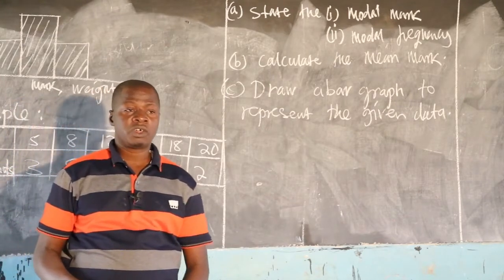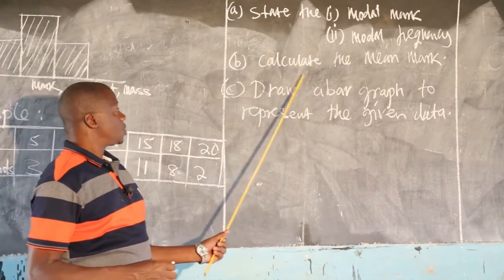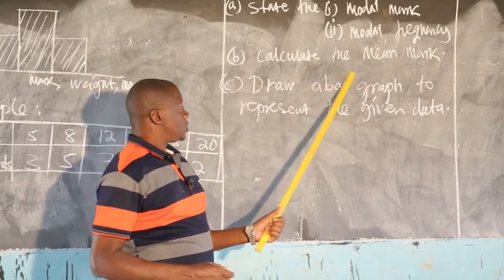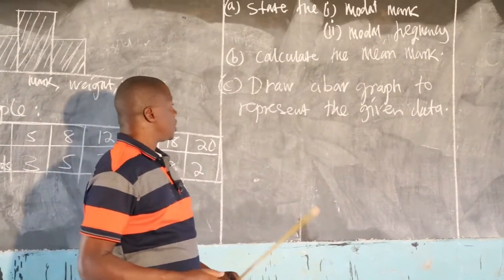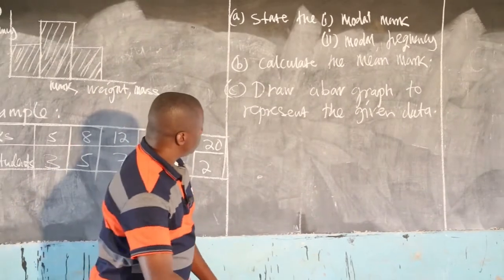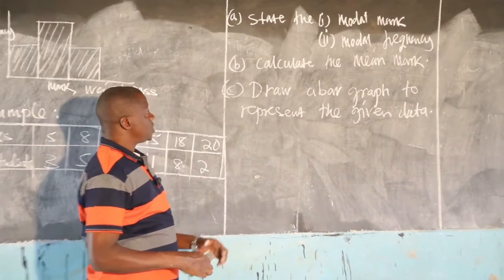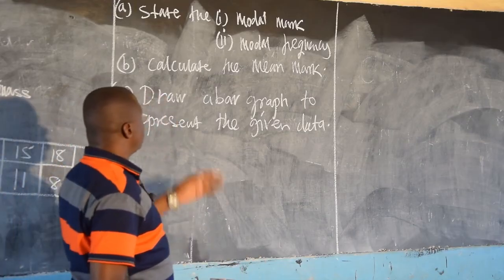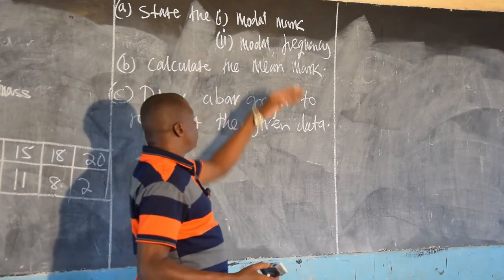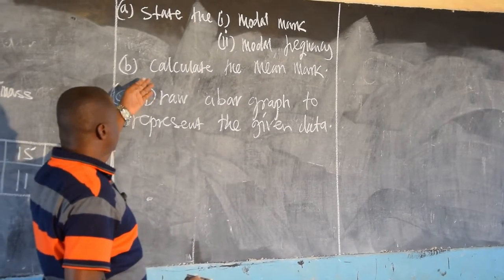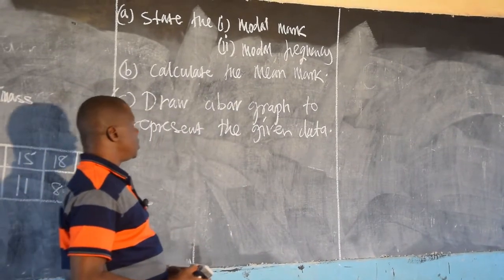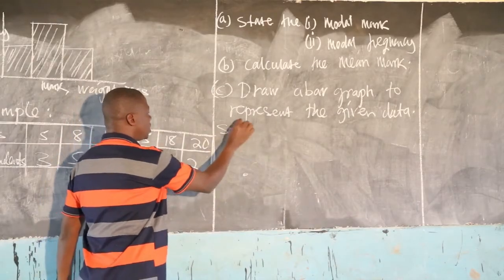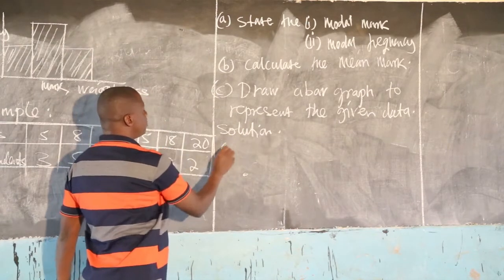When you observe this question, it can take 12 marks depending on the setter's interest or on the marking guide. When you look at the previous work which we covered, we know how to state the modal mark. We know also how to state the modal frequency. We know also how to calculate the mean. So today we are going to look at a bar graph. Let us start off with the solution. For part A,